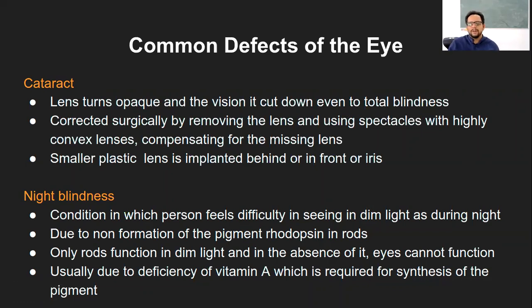If the cataract is due to some cellular growth or some debris stuck in front of the lens, then you just take it out from there. But otherwise, if the lens itself is affected, then usually the lens is removed from the eye structure, and then glasses or spectacles are used, depending on the situation.